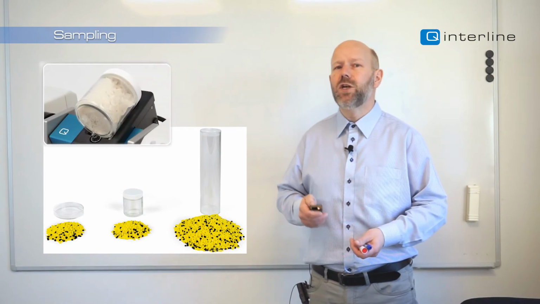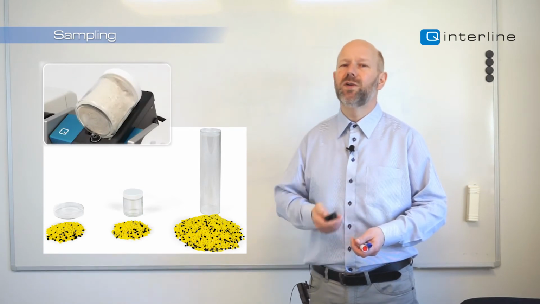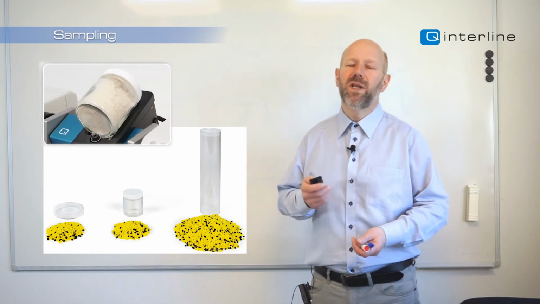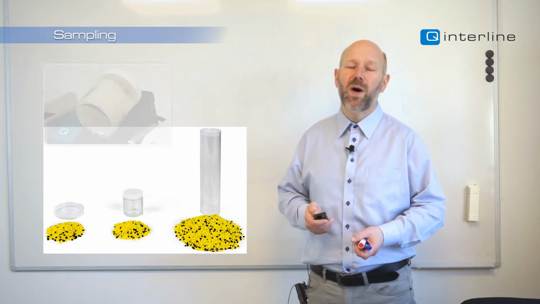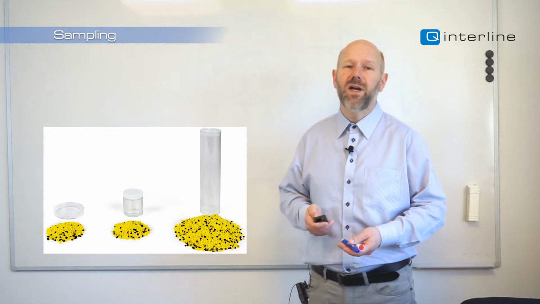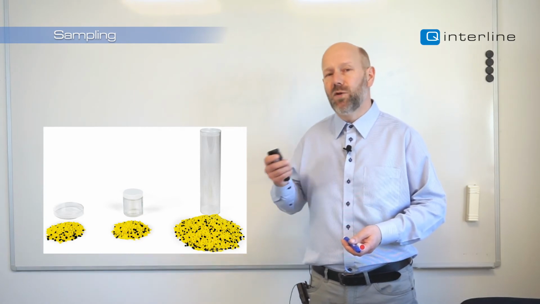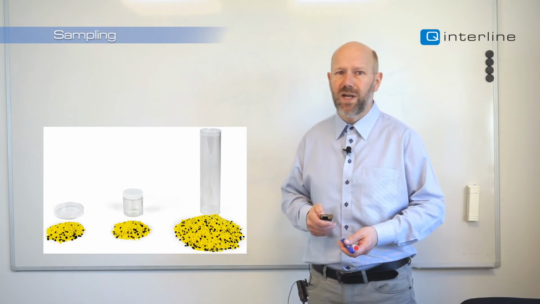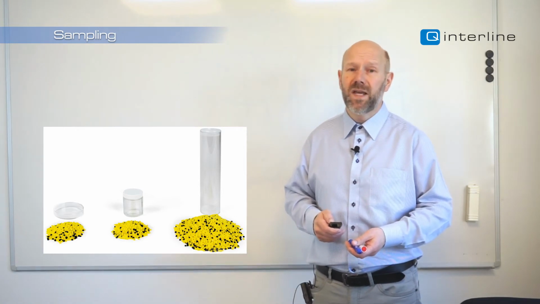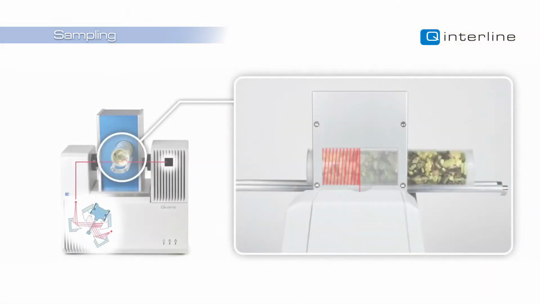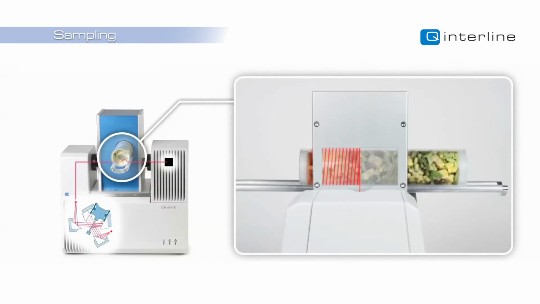The intention is to mix and make sure the spectrometer has an equal probability of seeing all the particles. The base area is only 15 square centimeters, but as it tumbles, it will give all the particles an equal chance to come around. The last accessory is a Q-Interline patent from 2014, in which we see a large area